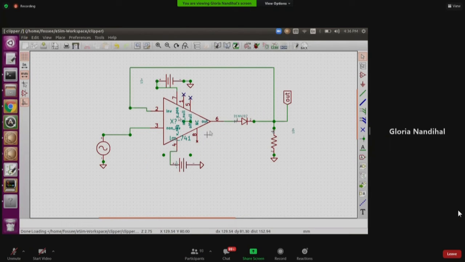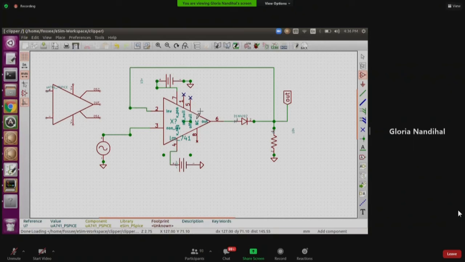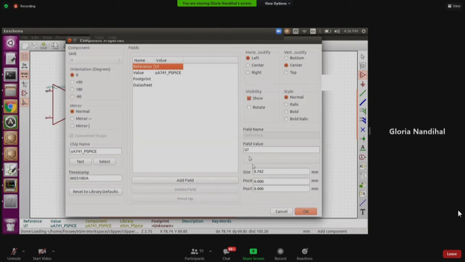See, this is the eSim subcircuit library, LM_741. Why was I not able to use the PSpice? If you see here, how many pins we have here? It is 1, 2, 3, 4, 5, 6, 7, right? But the library we have under eSim_subcircuit needs 8 pins. So if you can model this, or if you have any external subcircuit file of 5 pins that can define the op-amp, then you can use it. No worries. You just need to change the reference. Go to E, change from U to X. That's it. X means it is a subcircuit.